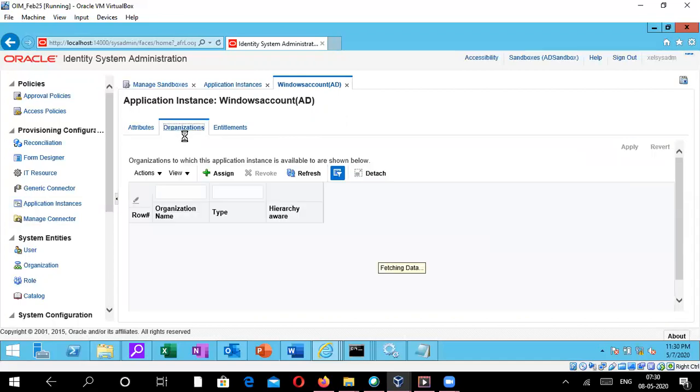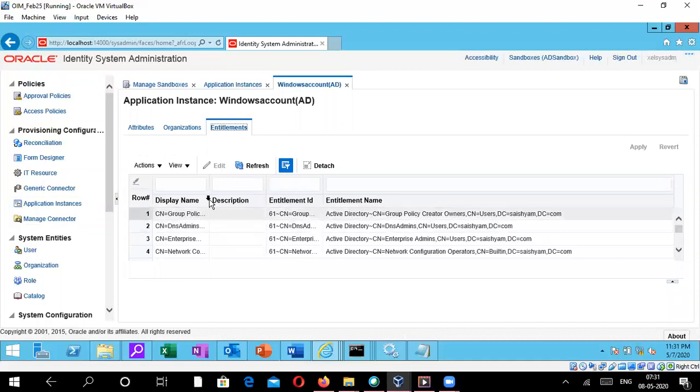It's a logical container. All the application instances will be published to the organization, and whichever users belong to that particular organization will be able to request the accounts, or I would say it will be provisioned to the users who are part of that organization. And entitlements are nothing but the actual privileges within the particular application instance.